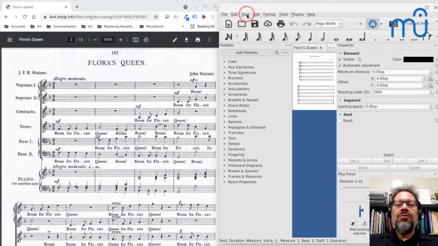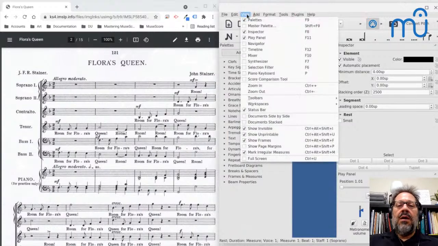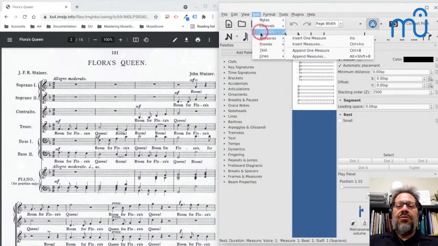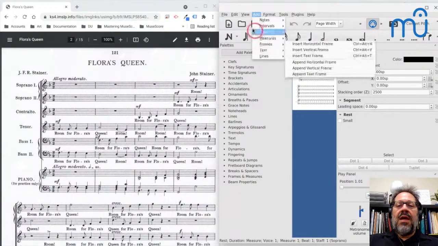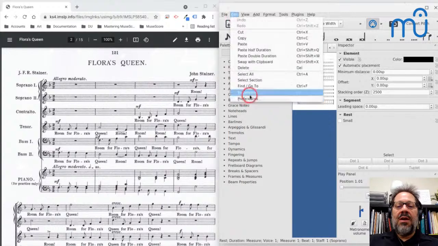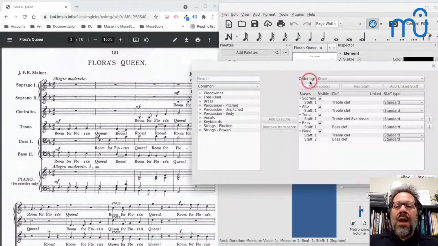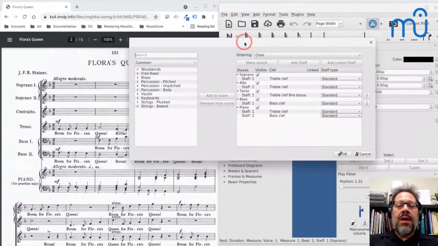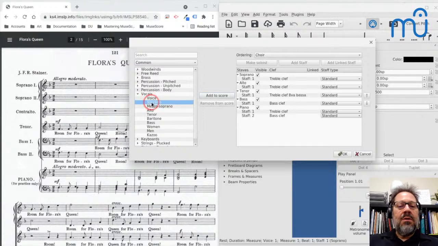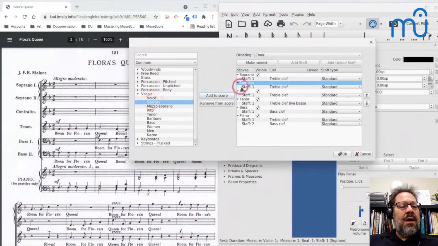But I am going to come to Add Instruments, and I'm going to also open, it's not Add Instruments. See, I always use the shortcut. I don't remember where the instruments is in the menu. It's under Edit Instruments. And I want to add now another soprano. So I come to Vocals, I add another soprano, and I'm going to add another bass,